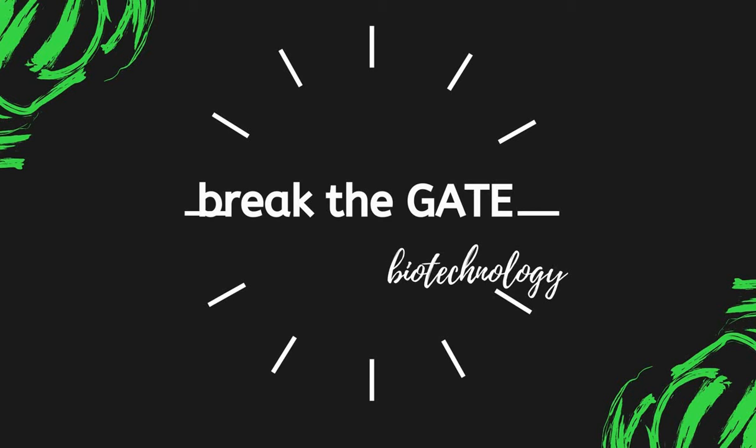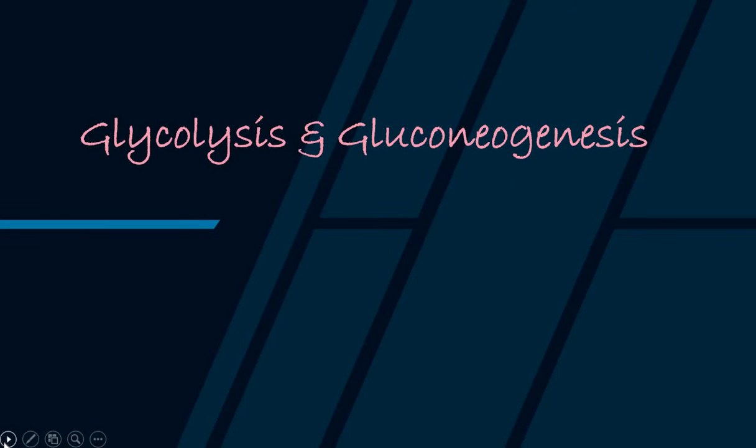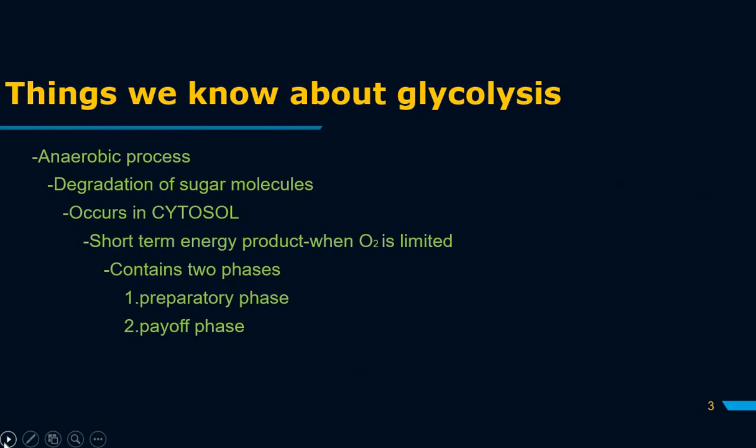So, இன்னைக்கு நம்ம lecture பார்க்க போறது is about glycolysis and gluconeogenesis, the most important and the easiest cycle in biochemistry. So, to start off with glycolysis, first thing about glycolysis is நமக்கு அதை பத்தி என்ன தெரியும். It is an anaerobic process and degradation of sugar molecules takes place where a single glucose molecule is being converted to two molecules of pyruvate, and this process occurs in the cytosol of all cells.